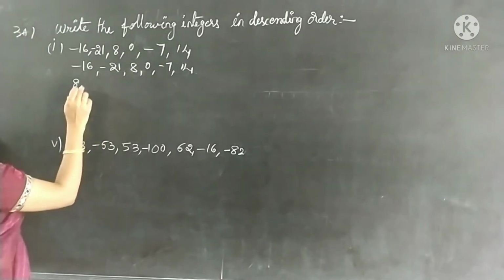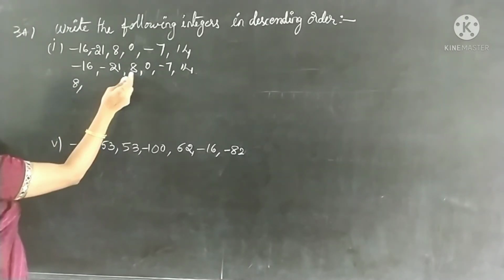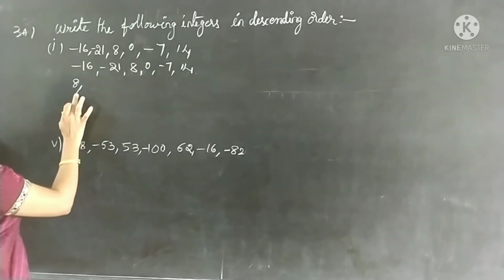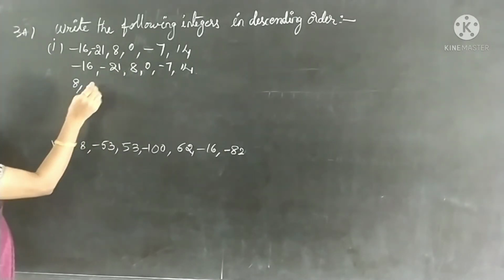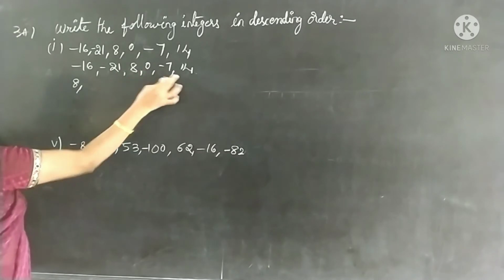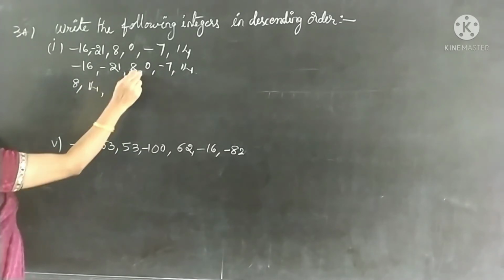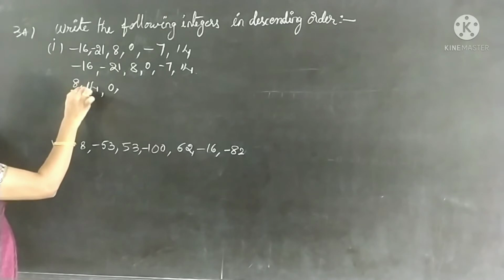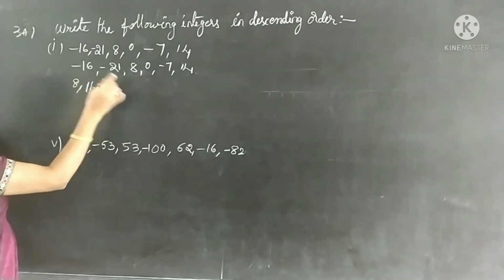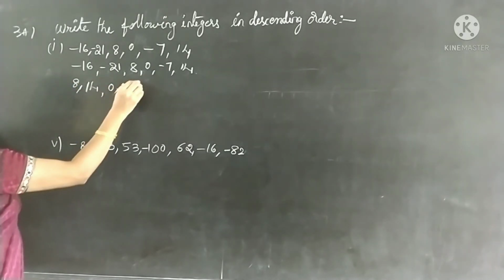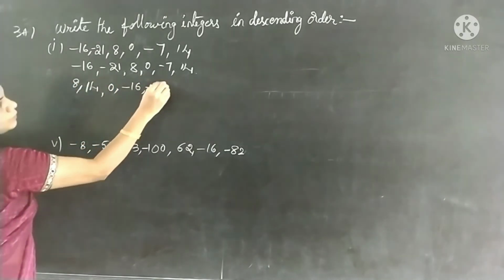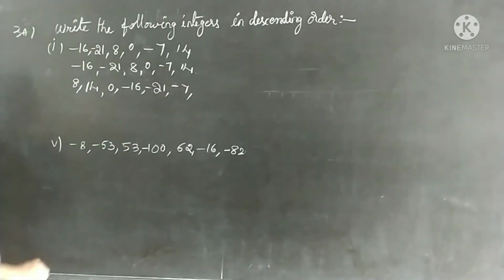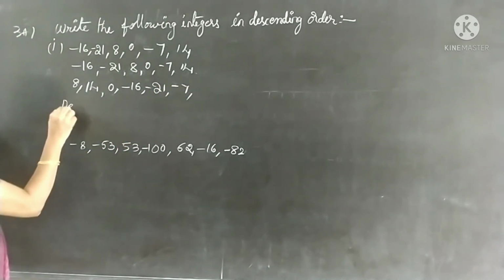0 is there, right? Positive numbers are also greater than 0. So first you write down positive numbers separately. So this is 8 and you have 14. After that, if you have any 0, mention that 0 here. Now see, as it is, write down all the negative numbers. Afterwards, you will arrange them. Okay? Now, arrange in descending order.